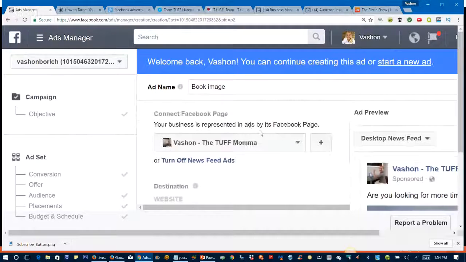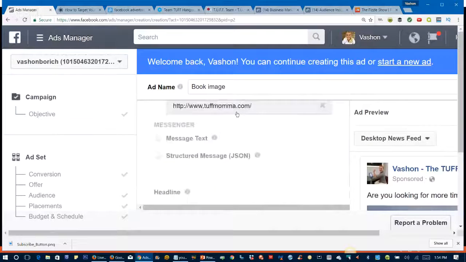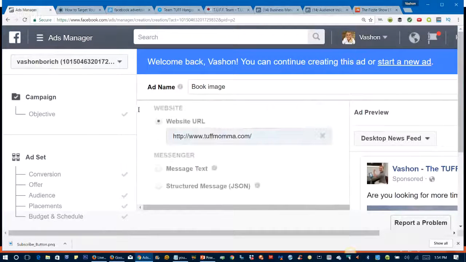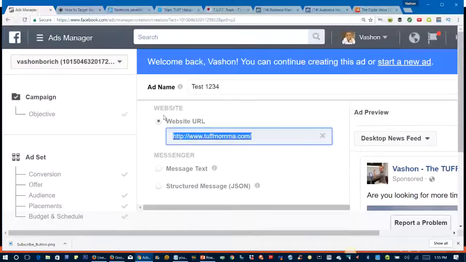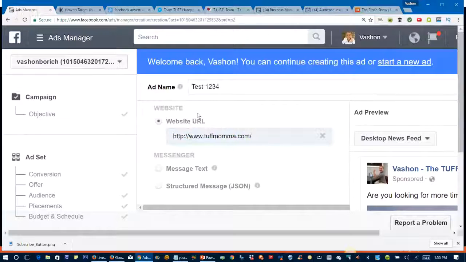Okay, and that you just browse your home page or your website, pull your image, and then where do you want them to go? After they click onto your image or your text in your ad, where do you want to send them? For me, I send them to what I call a capture page, where they can enter in their email address and get connected with me. Okay, and that's my URL for that. But you could literally send them anywhere. You could send them to your store. You could send them to a sales video, whatever you want to do.